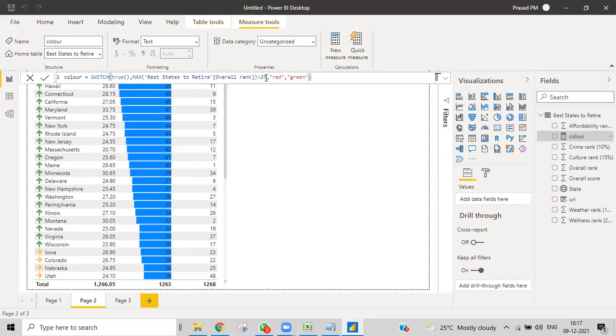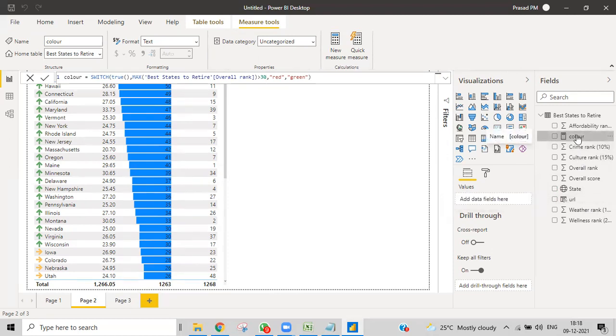You can also change this rank; if you want to make it 30, you can make it 30. Once we go into the DAX part, we will go deeper and check a lot of things. Even if it is between 10 to 20, you can do something, but that is the later part. At this instance, I'll give you this code and this code. This color code needs to be made as a measure, and the URL needs to be made as a column. That you need to understand.